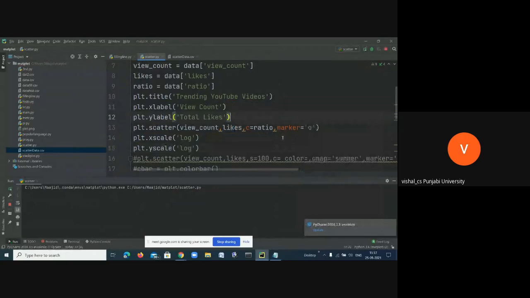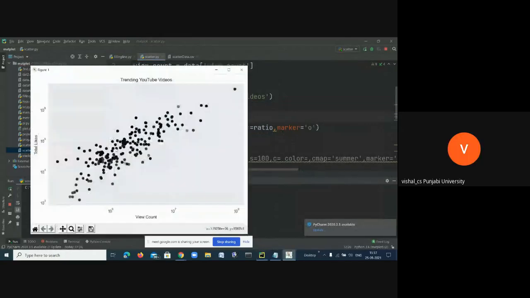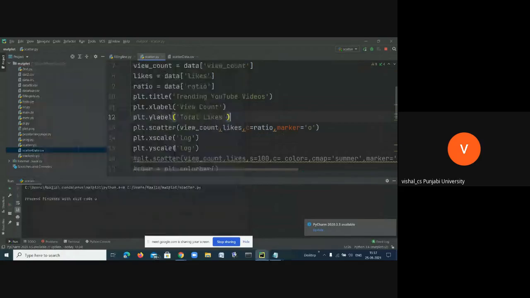If you look here, these are the logarithm values. This plot is plotted in logarithmic scale. When you have a large data set, you usually use it for the x-axis and also for the y-axis. What I have used is logarithmic, and for that I have functions, dot x scale and dot y scale, and in that I have to pass an argument known as log. Okay, you got it. And the rest you can do. You can use that cmap and all those things to choose the color.